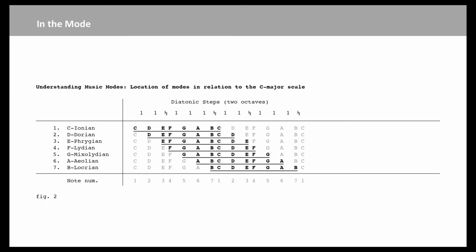All scales start on one note and end on that same note 1 octave higher. For example, every C scale starts on C and ends on C, and F scale starts on F and ends on F, and they all have 6 more notes in between. The first note of a scale is called the tonic, or first degree of the scale. Not surprisingly, the second note is called the second degree, the third note is called the third degree, and so on, until you get to the 8th note, which is the tonic again.